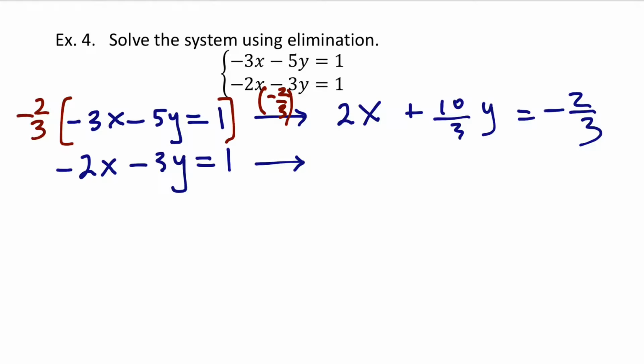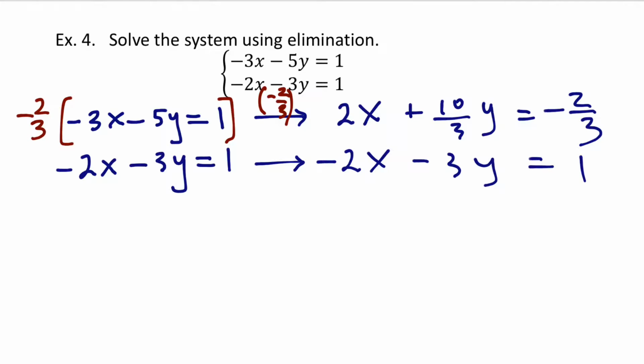Then I should have an equation that is just a different form, but it's actually the same line. So negative 2/3 times negative 3x is 2x. Negative 2/3 times negative 5y is 10/3 y. And negative 2/3 times 1 is negative 2/3. All right, now I'm not going to do anything to the second equation. I'm just going to write it right here,